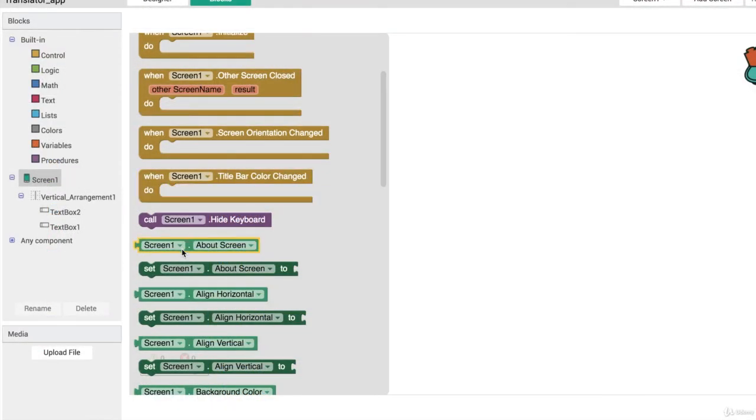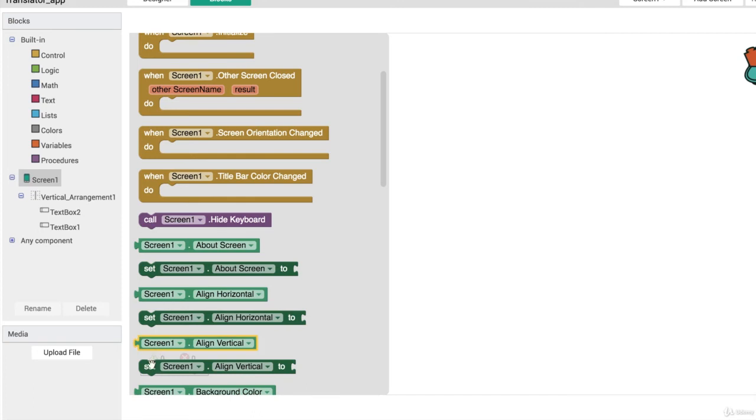Apart from that, you can also find other kinds of blocks such as this one saying set about screen. So your app will have an about screen option which will be shown to the user, where you can give the information about this app or this